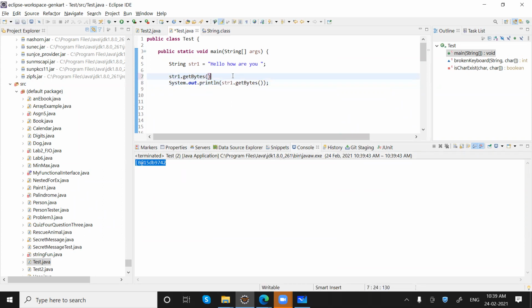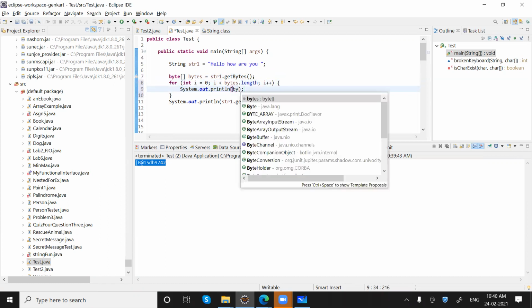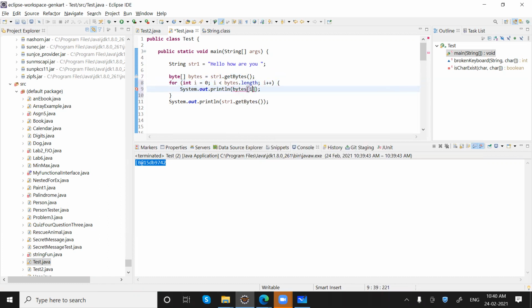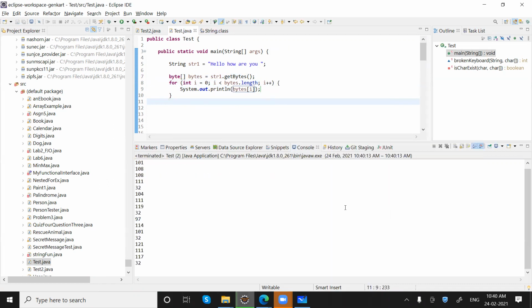If I write it like this, we can print it using the for loop. These are the numbers we are getting. That means this is the string representation of this.